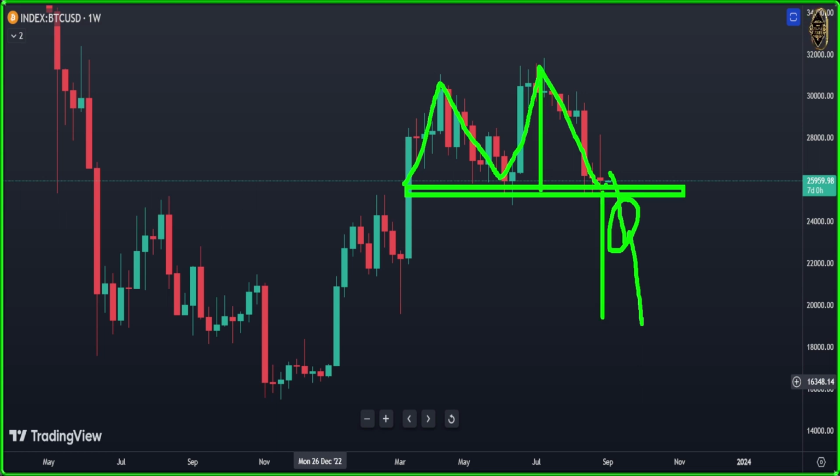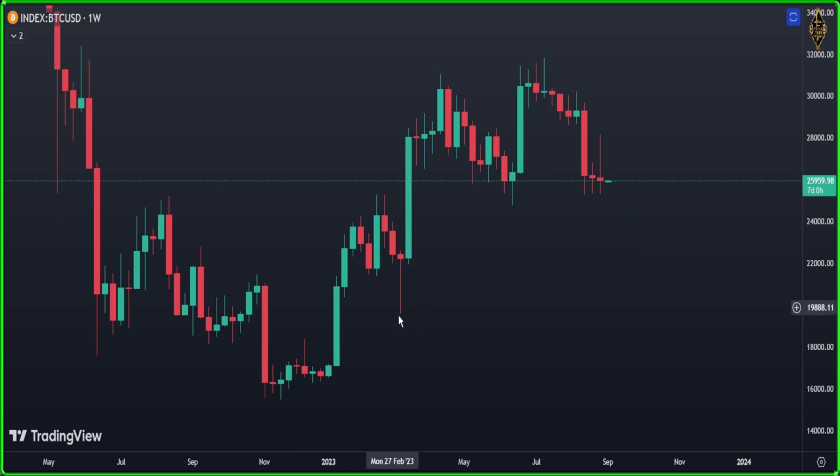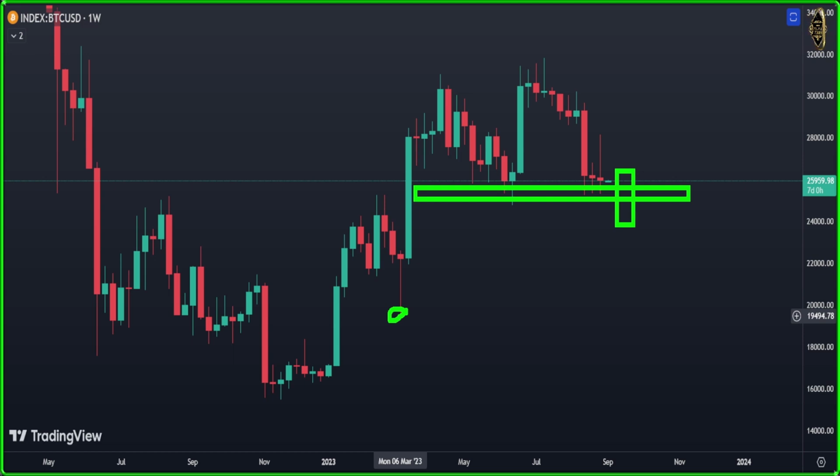If it's breaking, it's going to fall down to the tail of that candle here. That one exactly. Let me tell you the level, is it at 19,494? If we break in here, the neckline here, if a candle comes and breaks in here, we are going to go to that 19k. But if Bitcoin goes back from here, then maybe it gives us here a triple